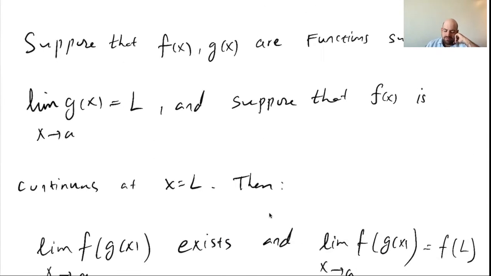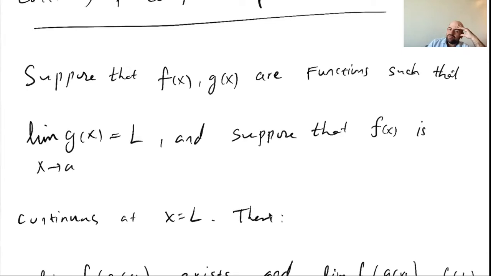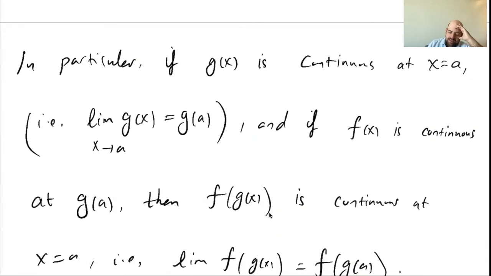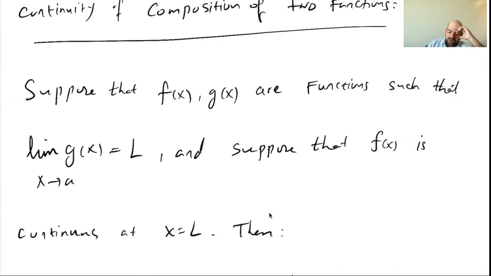See, this statement is valid for any L. For any function f, any function g, any point A, and any value L. But now if I set L to be g of A, then limit g of x equals g of A means g is continuous. So we said that in particular, as a special case of this statement, if g is continuous at A, meaning that limit g of x equals g of A, and f is continuous at x equals L, L is g of A. So in particular, if g is continuous at A and f is continuous at g of A, my L value is g of A, then f of g of x,